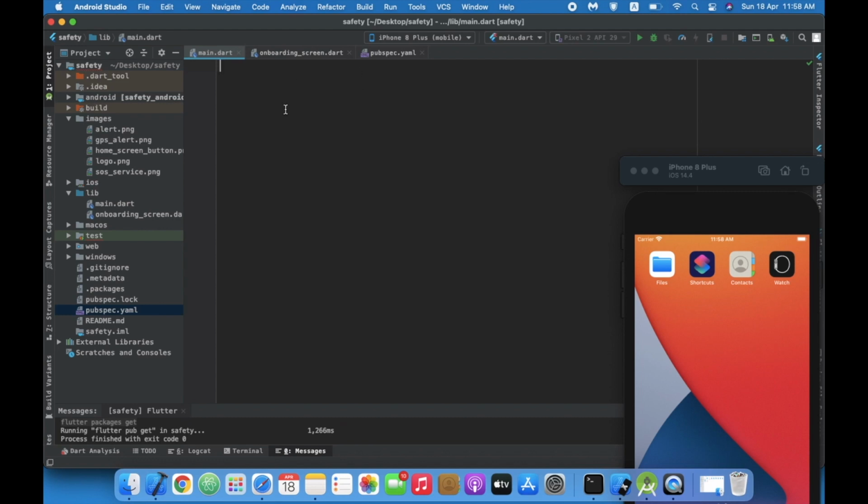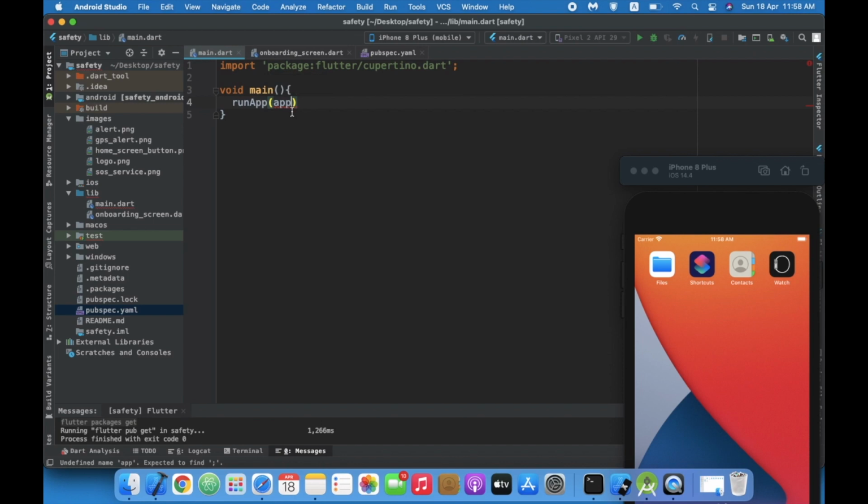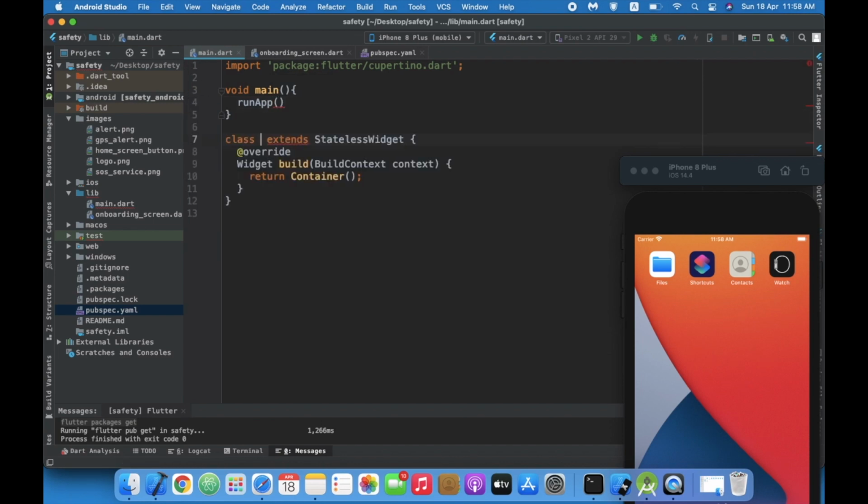So let's start with the void main function. In runApp we are going to give the name of an app, so let's create a stateless widget, SafetyApp, and give the SafetyApp parameter inside this.